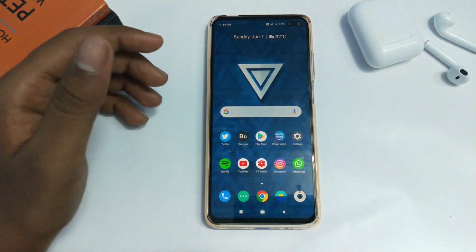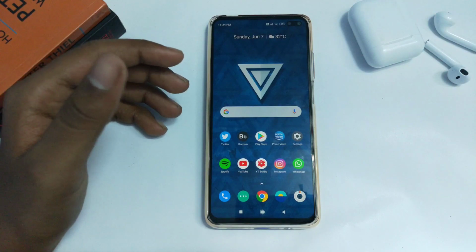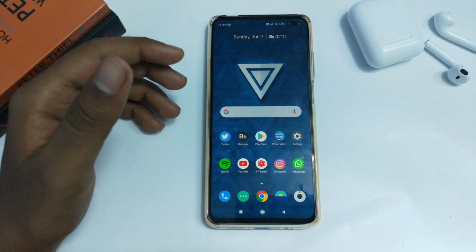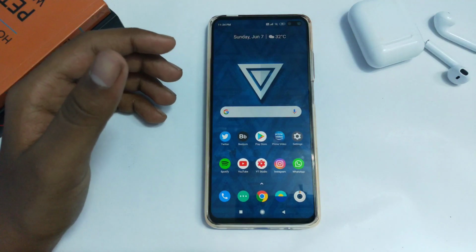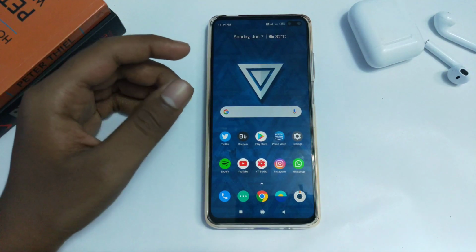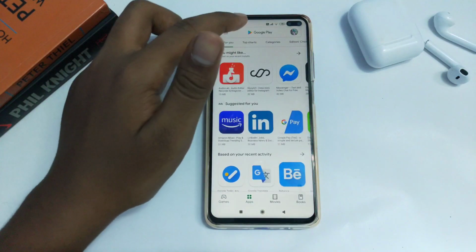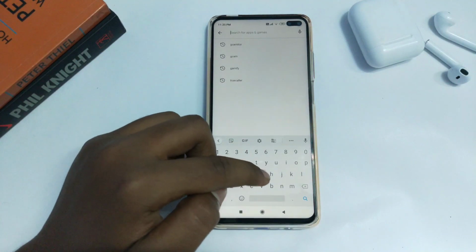Guys, in this video I'm going to show you how to install Google Camera on your smartphone. Google Camera is camera software which makes your photos so much better than your stock camera app. To install this app, first you need to open Google Play Store and then search for Gcaminator